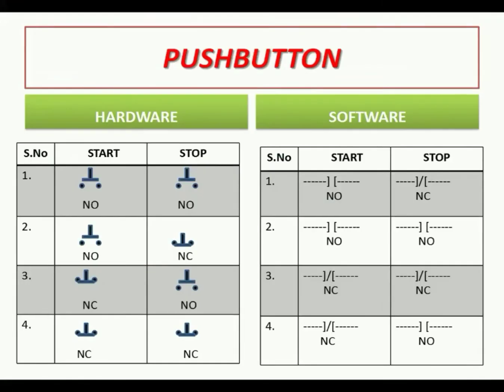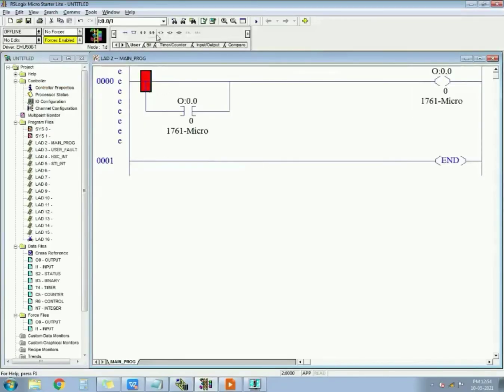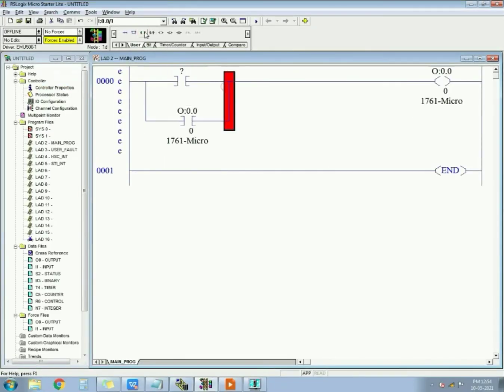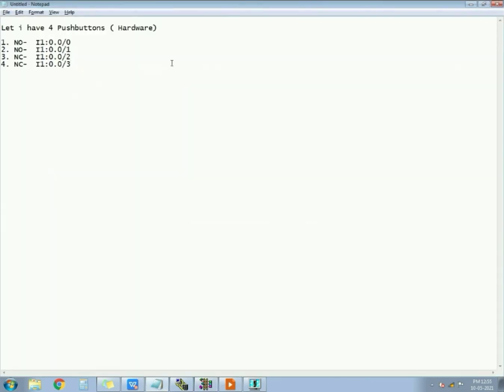What I have to do is make the program according to the software. So I will take 2 NOs, NO plus NO, one over here and again NO over here. Now I have to give addressing according to the hardware.